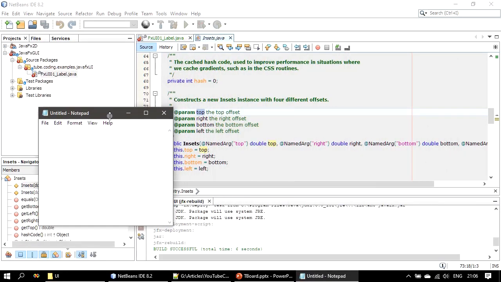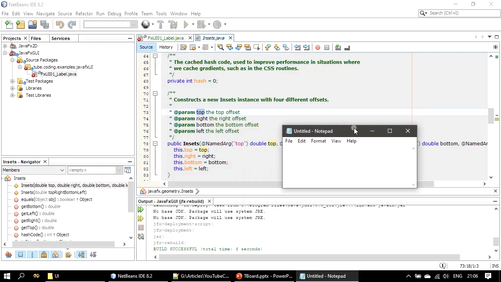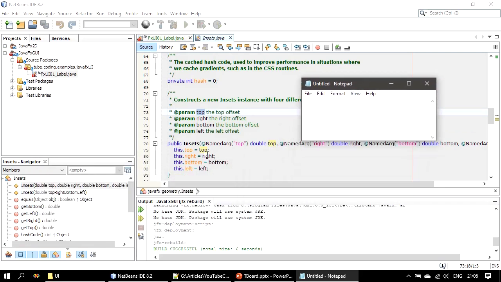Let's see that with a notepad. So Insets, the first parameter is top. We gave 15, right? That means if this is the stage, forget about the menu. From here it is 15. From left, first parameter is top, and next one is from right, it is 15. From bottom it is 15, and fourth parameter,